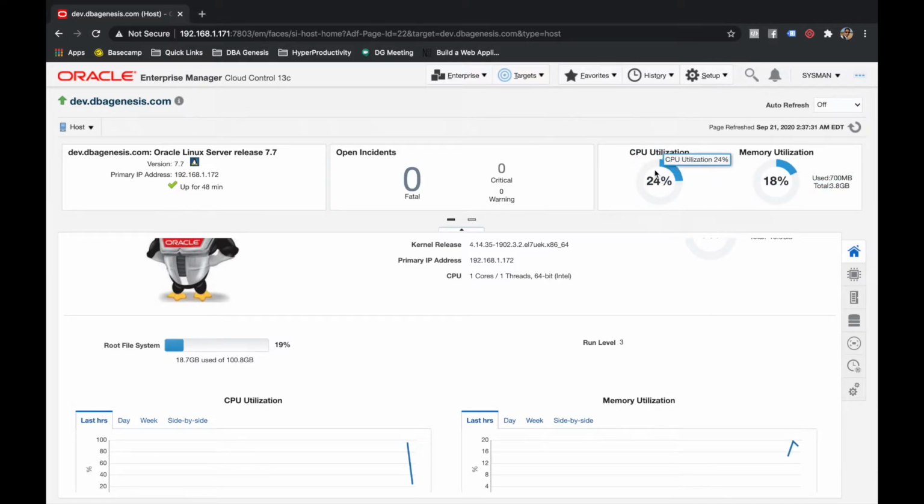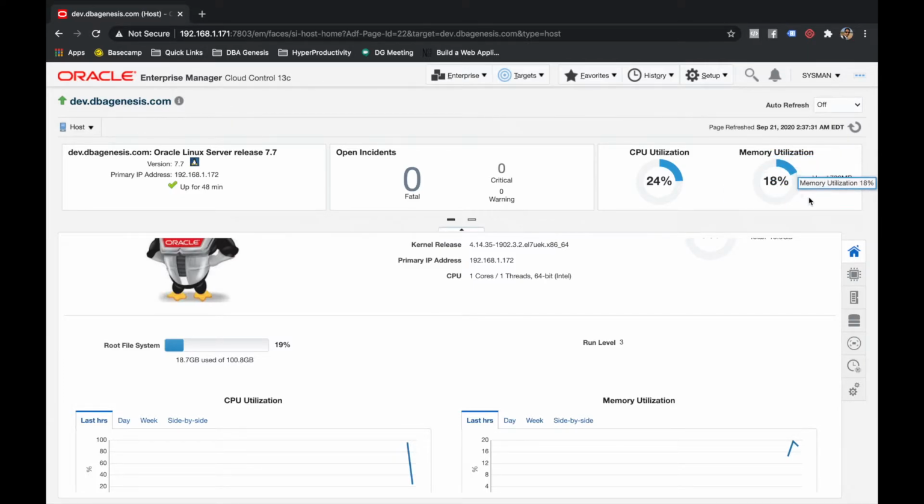This is where you can see what is the CPU utilization. One of the benefits over here you have is, let's say the system admin team is complaining that the dev CPU utilization is very high. You can always come over here, check this graph and say, hey, what are you talking about? I see that the CPU utilization is 24%, right?